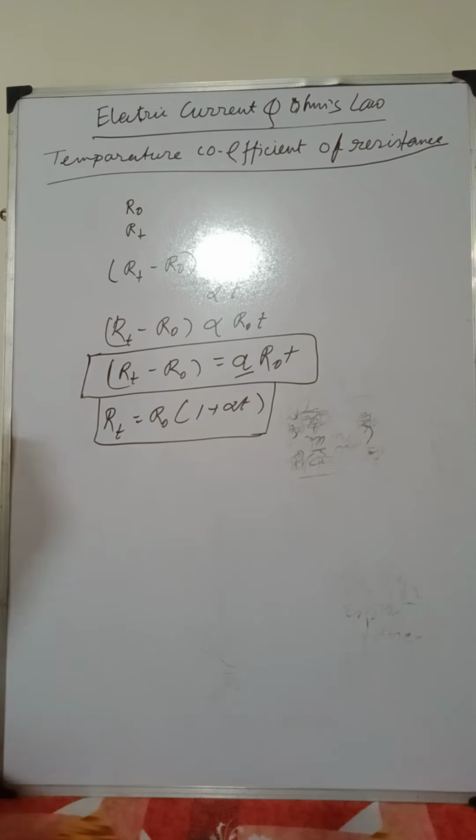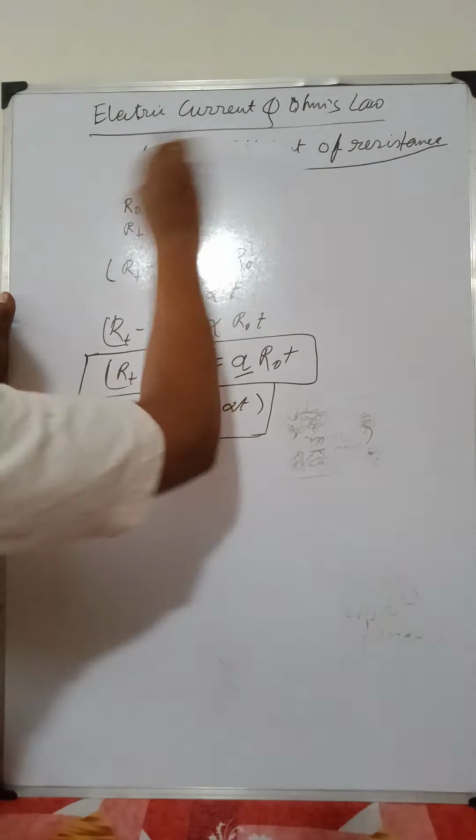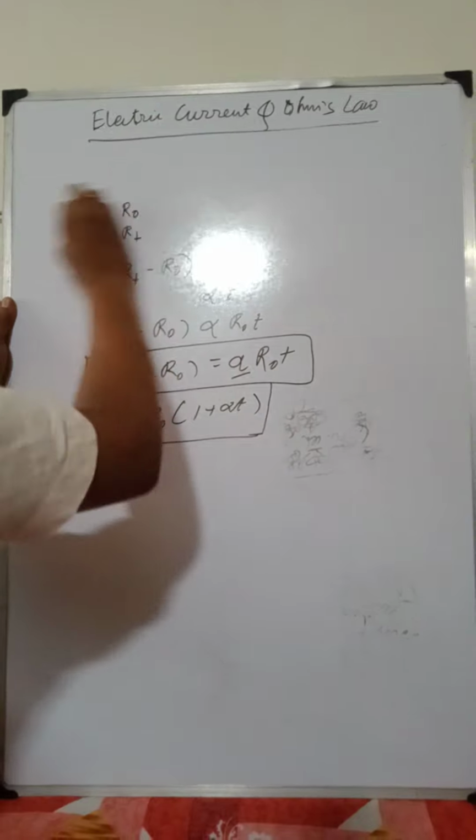We will see in the chapter on semiconductors that there, if temperature increases, current also increases and resistance decreases. But in the case of Ohm's law, if temperature increases, the collision probability increases because the kinetic energy of the electron increases, so resistance increases, and the expression of how resistance varies with temperature is given here.